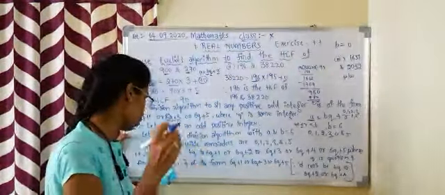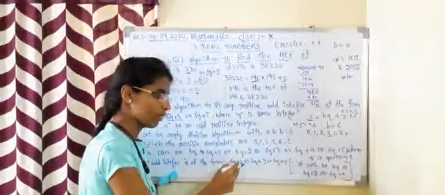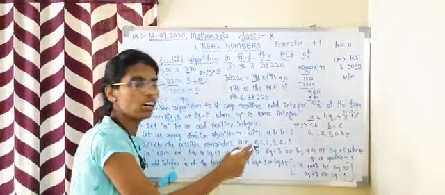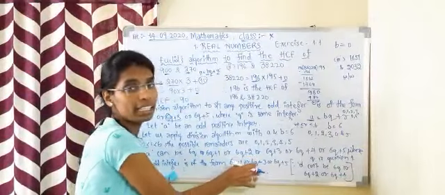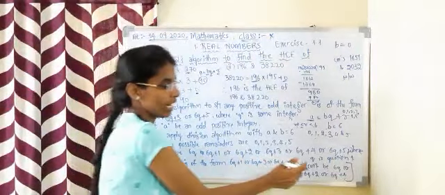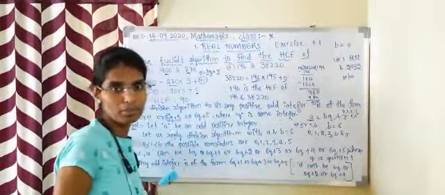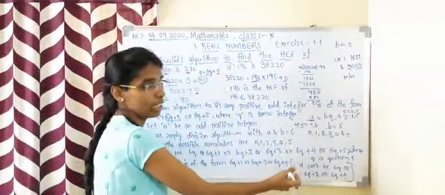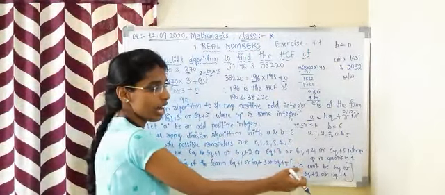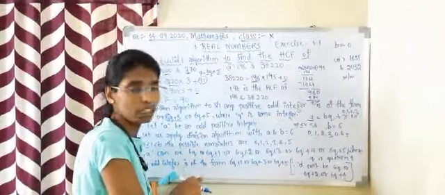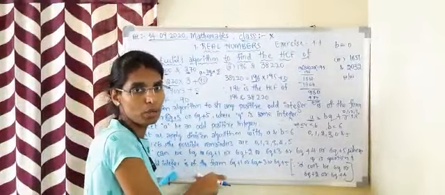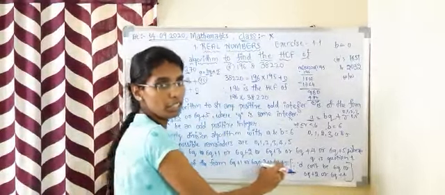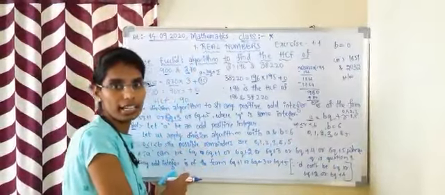Therefore, we have to consider 6q plus 1 or 6q plus 3 or 6q plus 5 to get an odd number. If we consider the others, we will get even numbers. If it is given that a is an even number, then we can assume those. As they have particularly mentioned that these should be odd numbers, we are removing those to get the odd numbers.